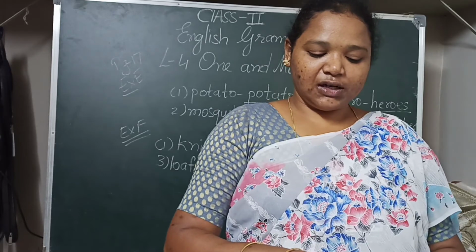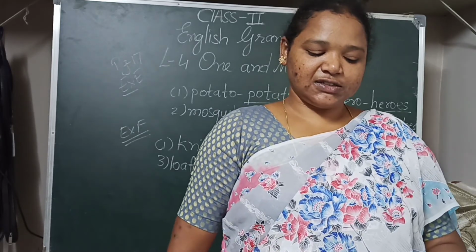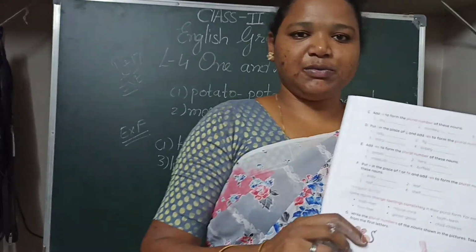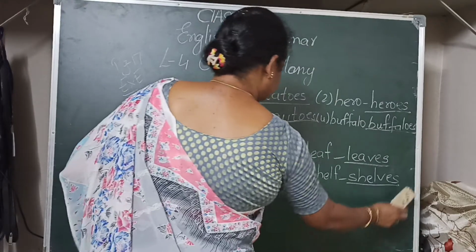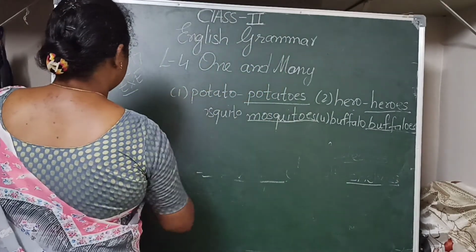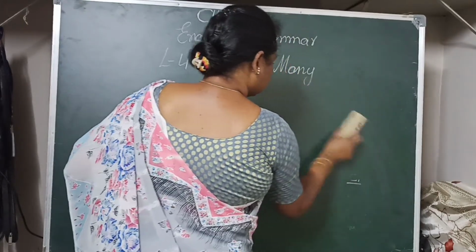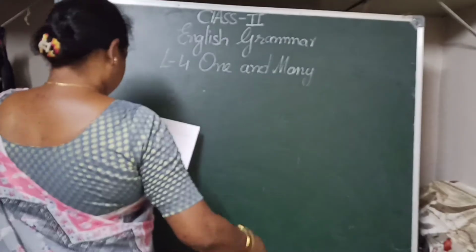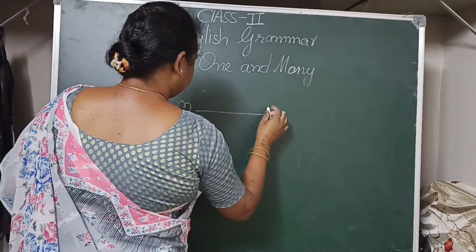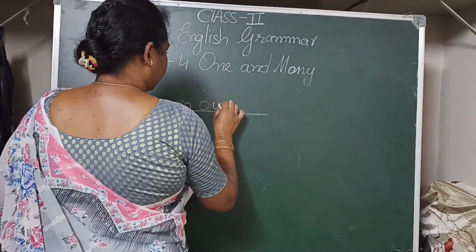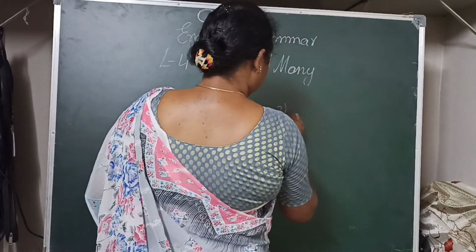So write the plural forms of the nouns shown in the pictures. Take the clues from the first letter. They have given the picture of a mouse. So we write mice. They have only given the letter M, so we have to write M-I-C-E. And the second picture is of feet.